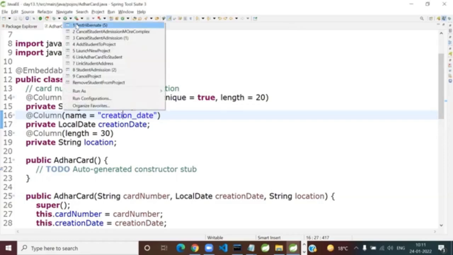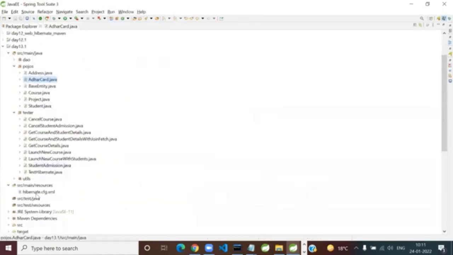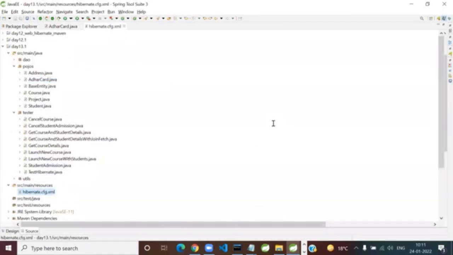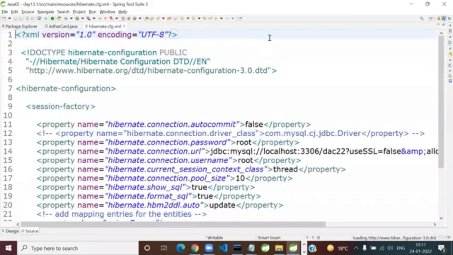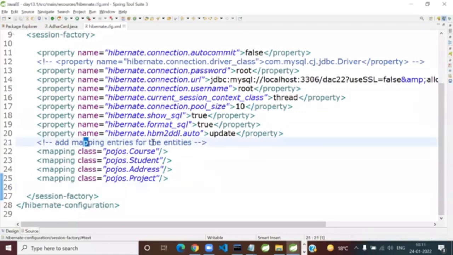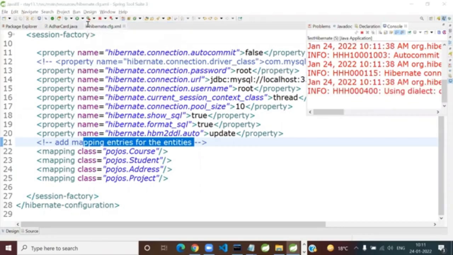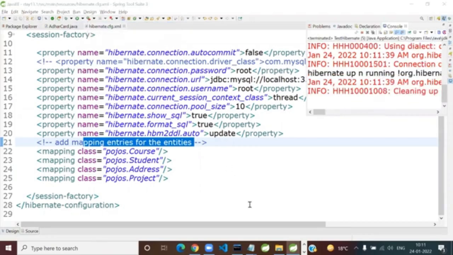I'm going to run the test Hibernate. Oh, sorry, I forgot. Let me ask you. Important, not important, but yes, understanding wise. What should I add here? Of course, nothing. It is not an entity, and mapping entries will appear only for entities. It does not have a separate existence. The contents are going to be embedded. It is an embedded object. So you're absolutely right in saying nothing. If you just run this, open the console, and check the console.